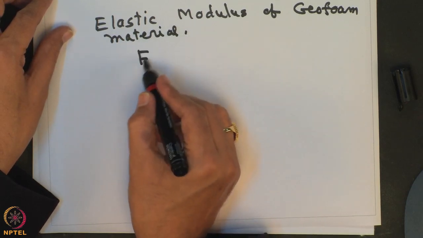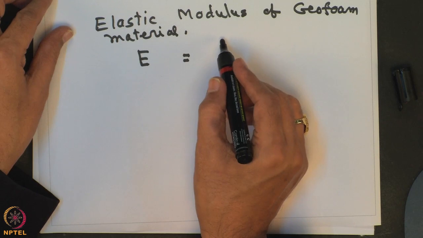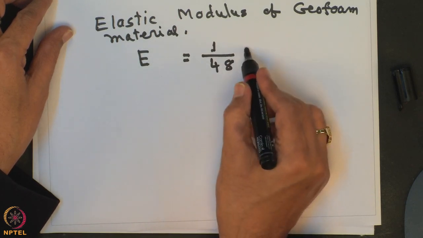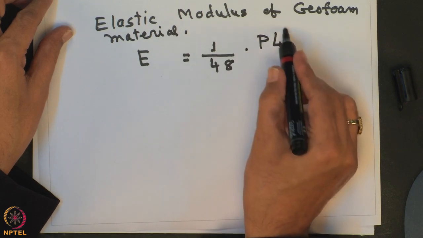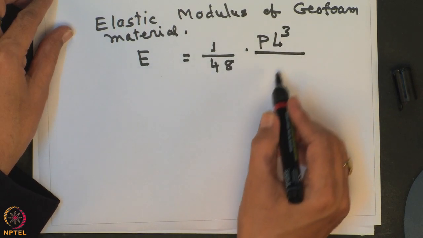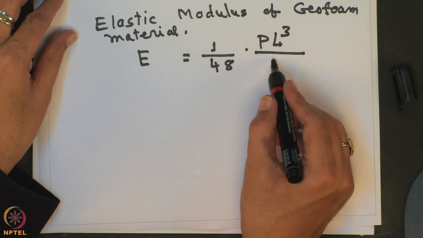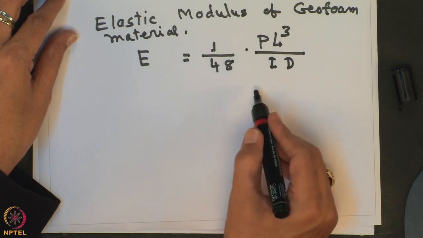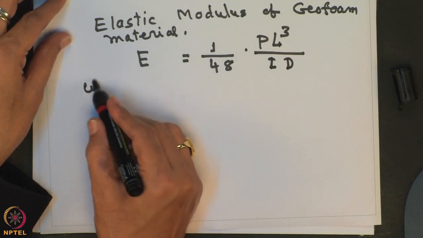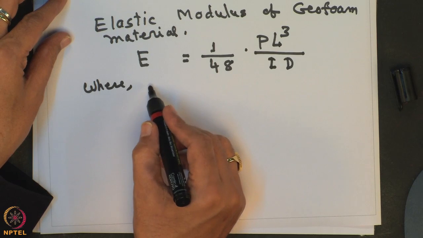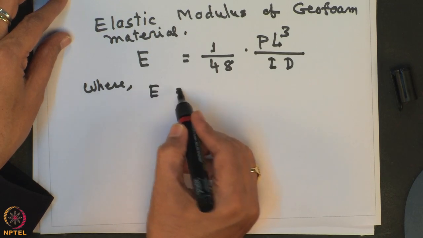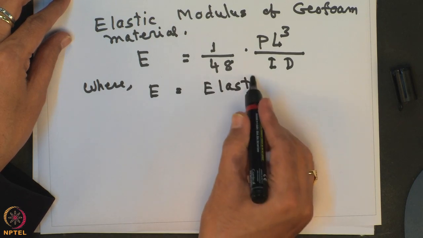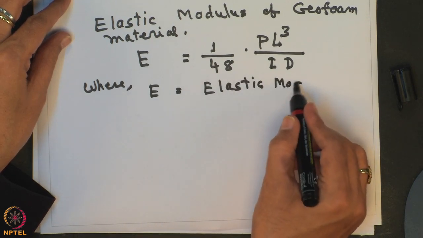That is, E will be equal to 148 into P into L to the power 3, divided by I into D, where E is equal to elastic modulus,